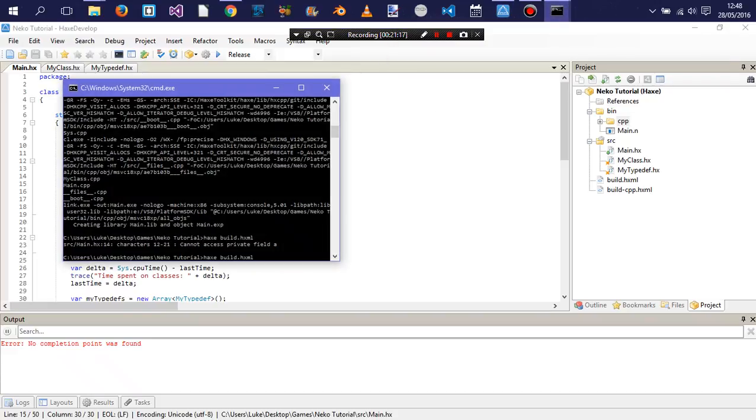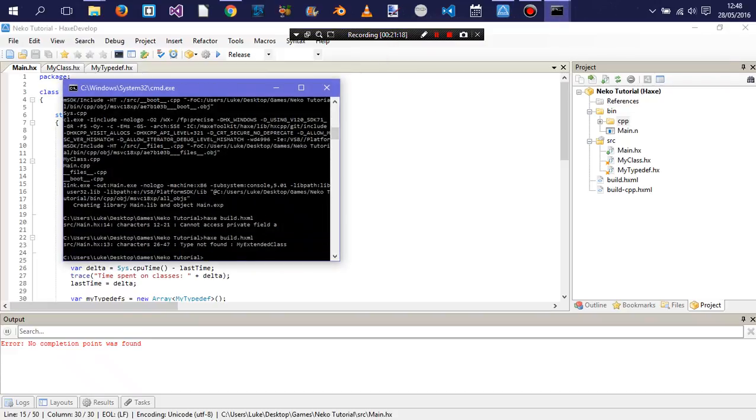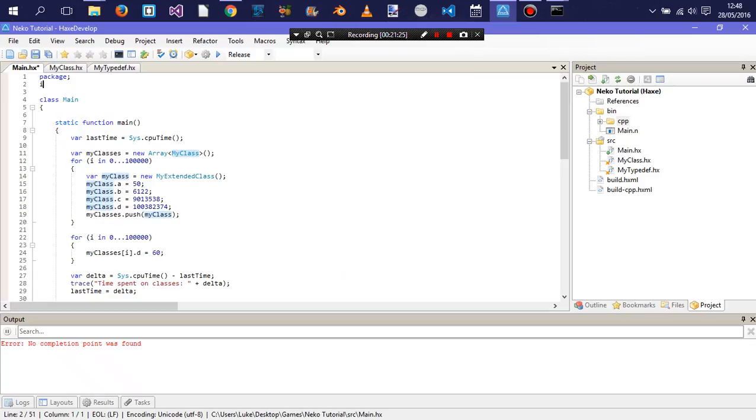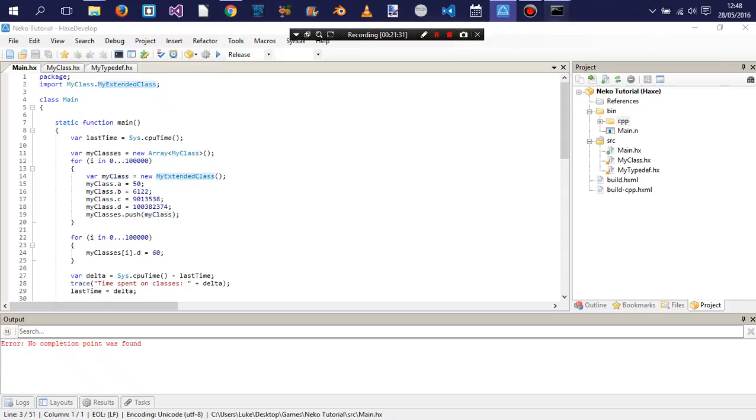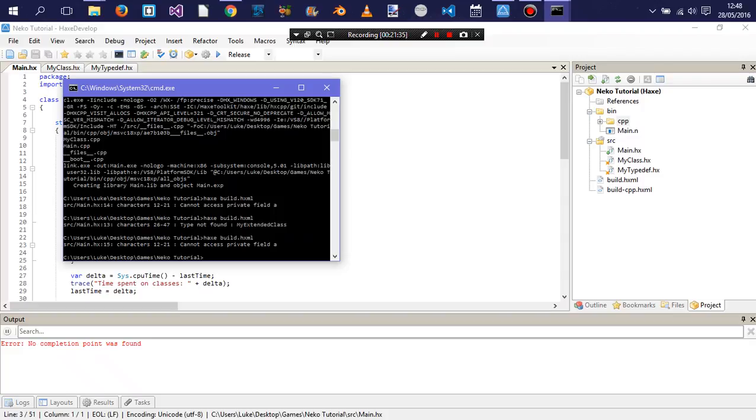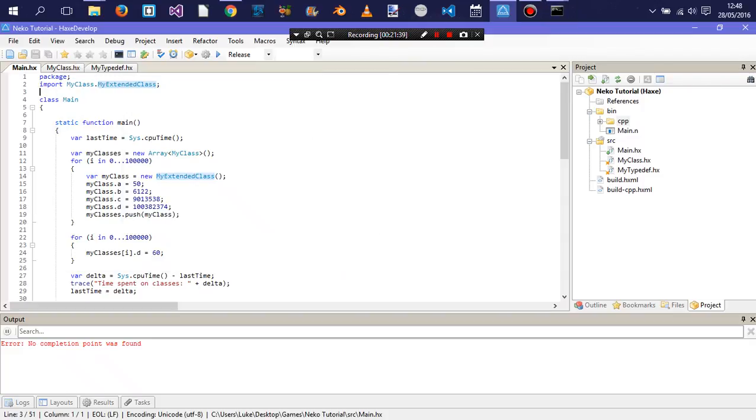Now let's take a look at the results first. Oh, oops. There's something I forgot to do. This is the weird thing about Haxe actually. It's kind of annoying, but never mind. So yeah, cannot access private field A. So we still can't access it outside of that scope,